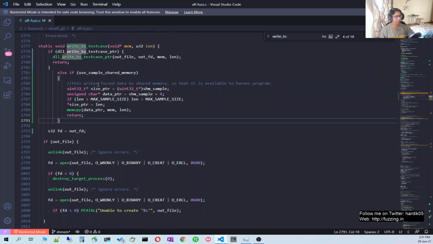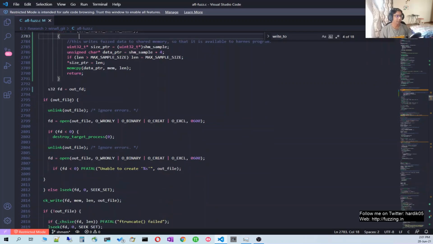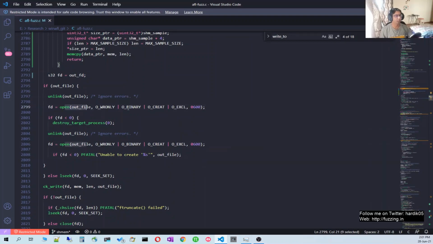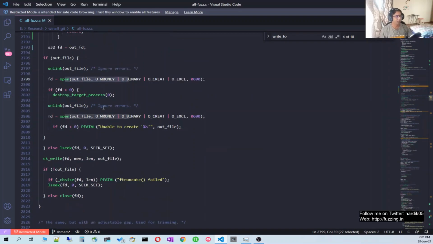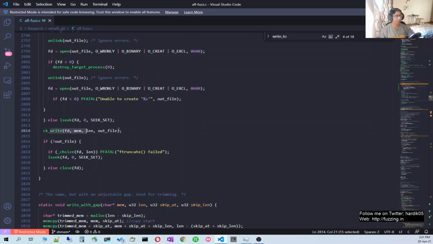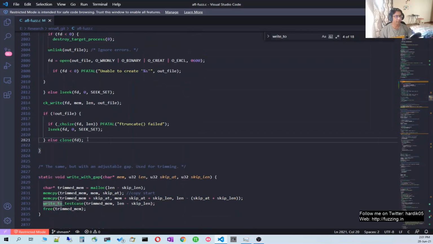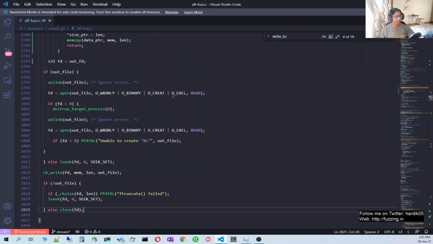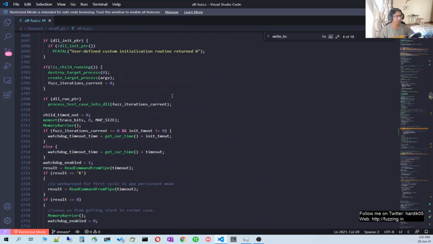If we are not using shared memory, in that case it will basically create one file. It will open that file, write all the data to the file, and close the file. So this is the only change I need to make to get it to work. There are some minor changes, like calling the functions setup_shm and a start, and that's it. So this is what it looks like when I have added shared memory support to WinAFL. And now let's see what changes we need to make to get our harness working in shared memory mode.